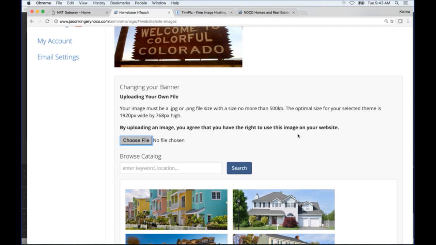What I would want to do before I open it is make sure that picture is resized to the proper size, 1920 by 768, with whatever program you have on your computer to resize it. If you're not familiar with one, there's a program you can download from cnet.com, and I'll have